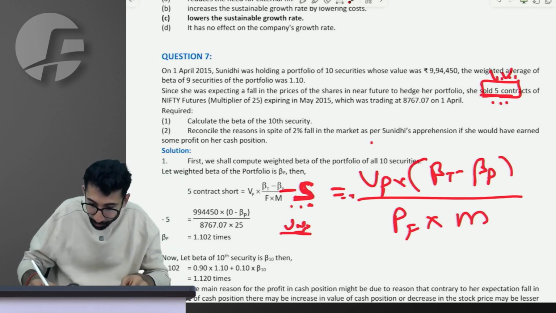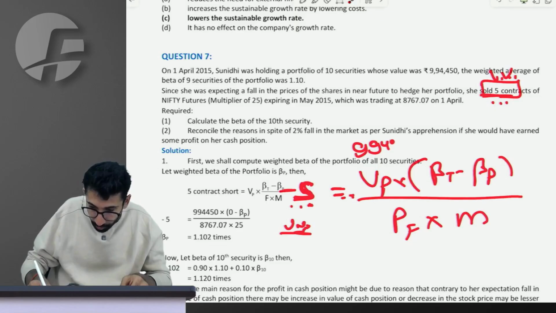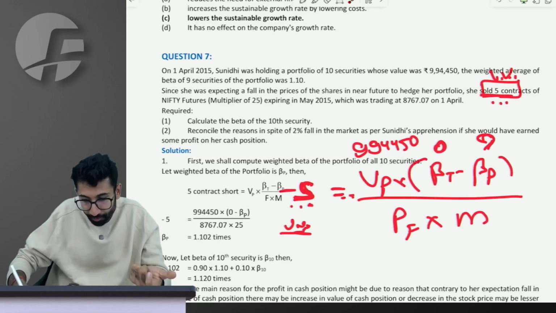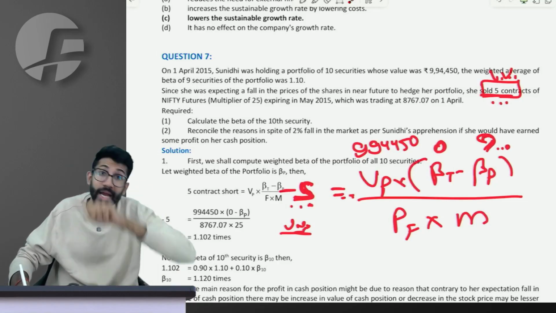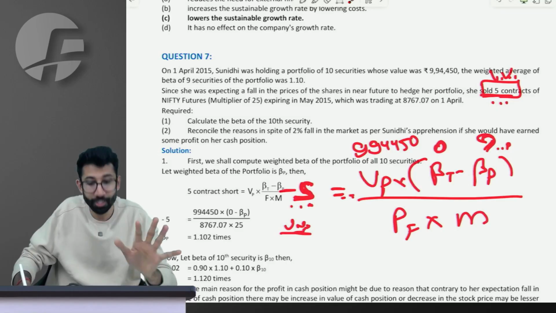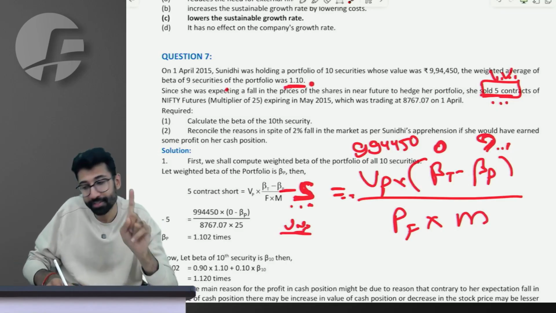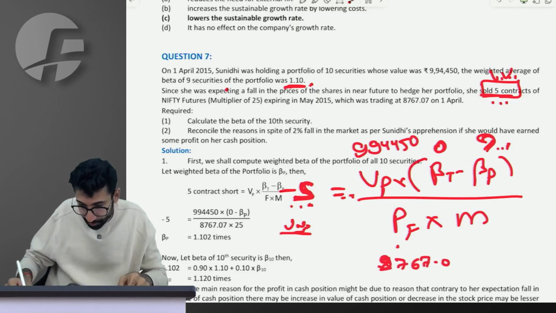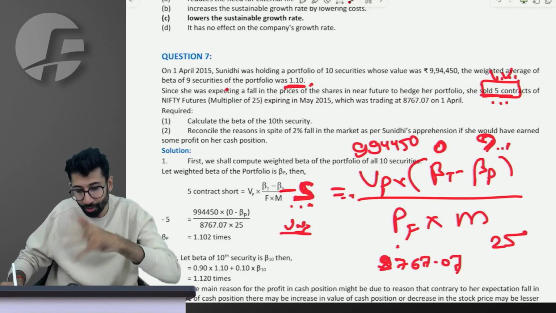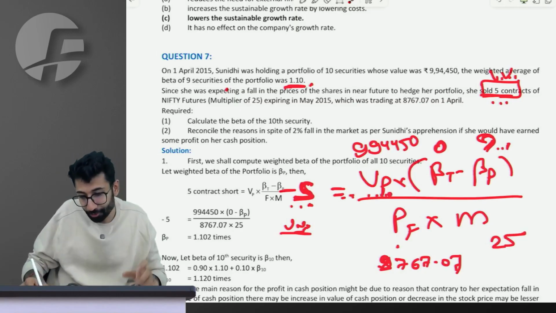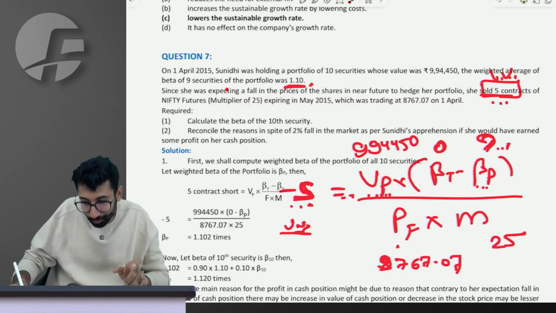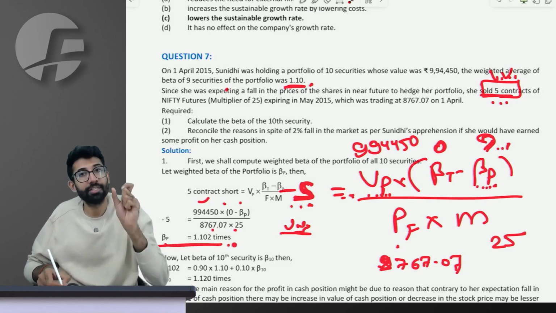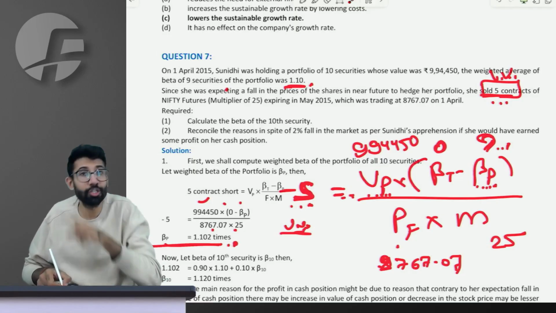What is the value of the portfolio? 994,450 is the value of the portfolio. Beta target would have been 0 in the absence of information. Beta of portfolio, we don't know. The entire beta of 10 securities, we don't know. We have the beta of only 9 securities. Fine. Price per future is 8767.07, multiplier is 25. When you solve this equation, you get the beta of the portfolio. With all the information, the beta of portfolio is 1.102, which is the weighted average beta of 10